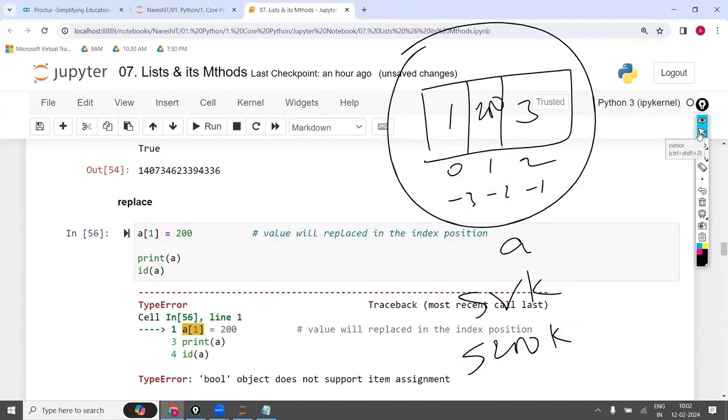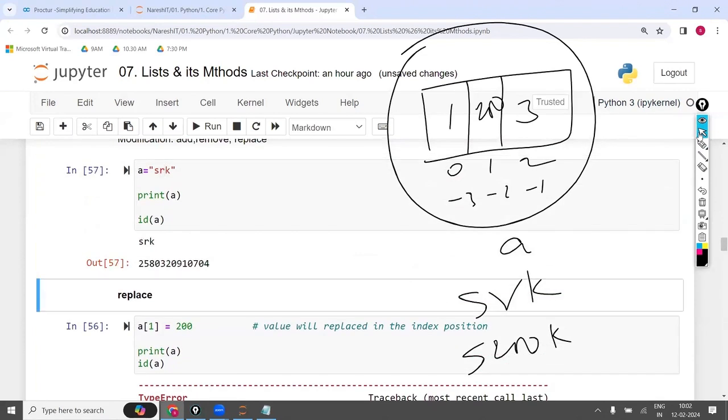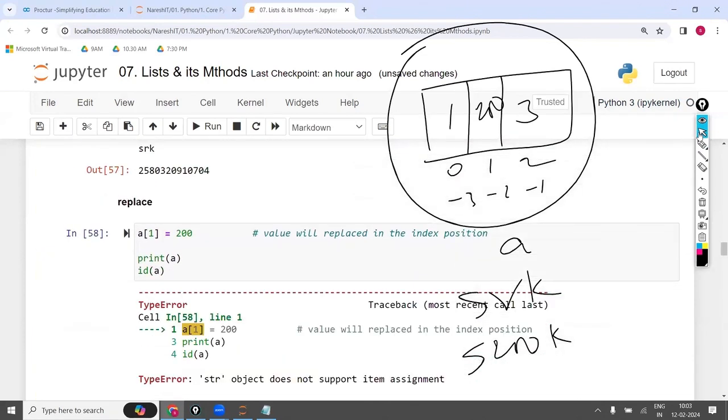It is not possible. String object doesn't support item assignment. So four of them don't support it. This logic is applicable only on the list. None of the objects we discussed earlier support it. Is the point clear?